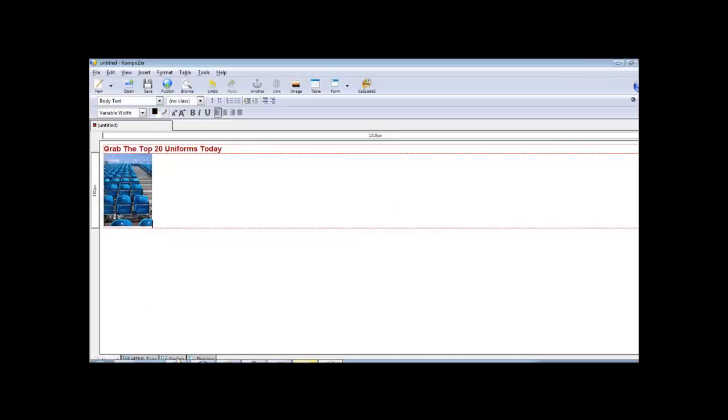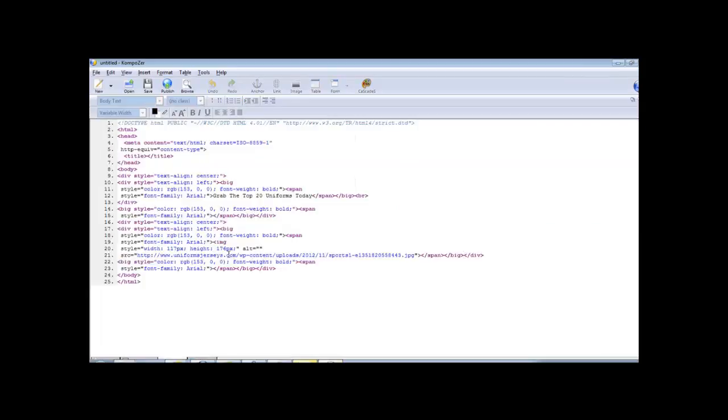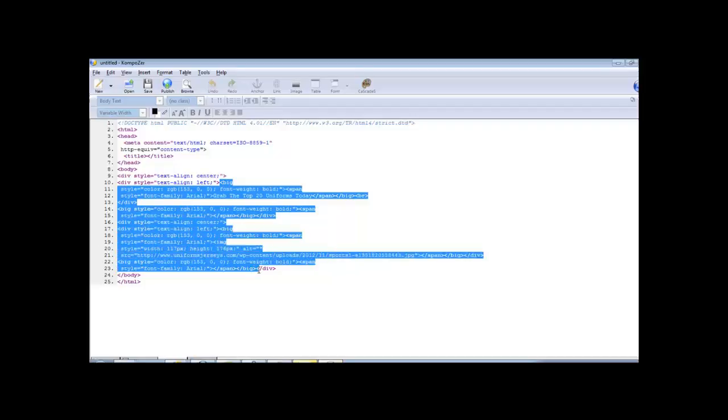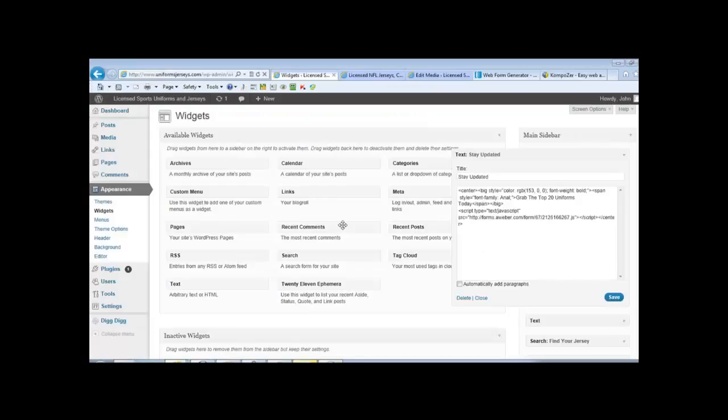Okay, so let's just grab that image link, and I'm doing all this in Composer so that I can easily copy and paste back and forth here. So let's come right on in here, and we're just going to highlight all this text again. Alright, and then we're going to jump back over here, and we're going to paste this in right above the